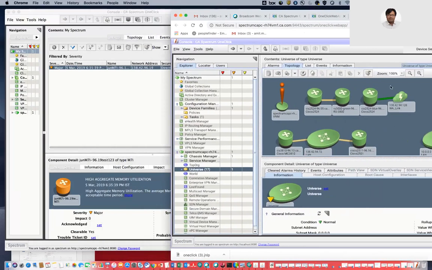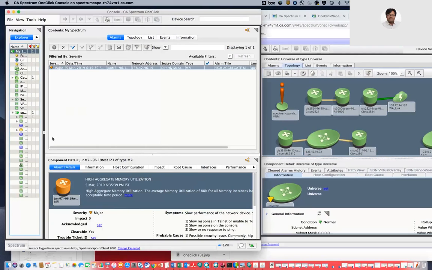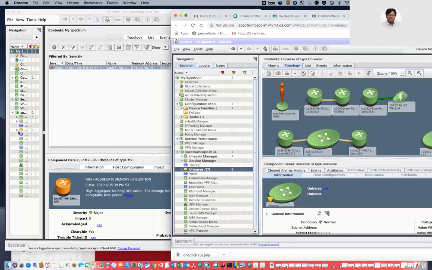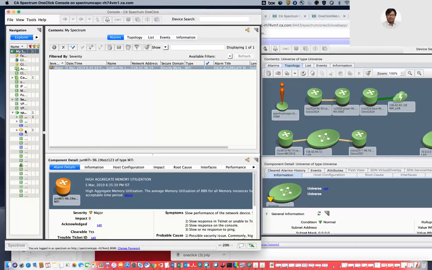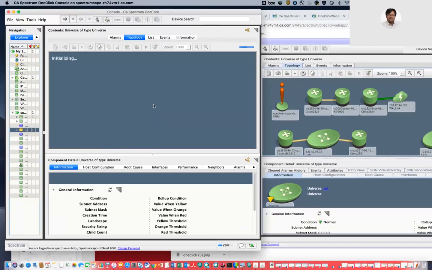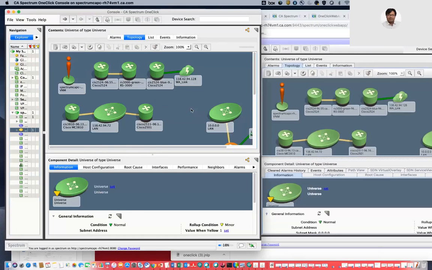Right on the right hand side, this is my web app, and if I open the same exact view on my... let me go to the universe. Let me go to the topology. Yeah. So the exact view that you see here, and in terms of the ability to perform any particular function,